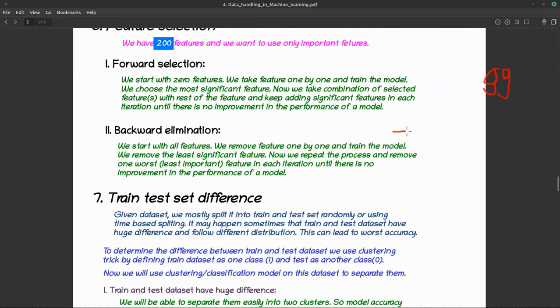Now let's say I remove feature 53 and there is no change in accuracy, it remains 99, or the change is just 0.0001. That means this feature is not important, and I can remove it because it doesn't affect my accuracy much. I remove 53. Then I do the same process again: remove 1, remove 2, remove 3. Let's say removing 46 doesn't impact much, then I remove 46. Similarly, I perform this repeatedly.